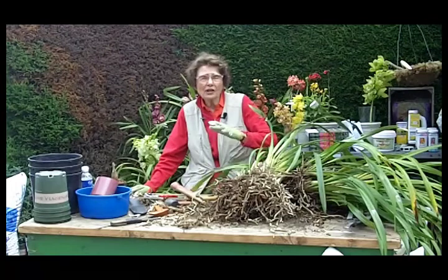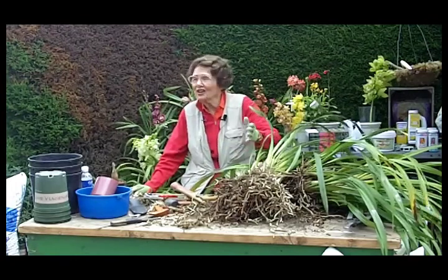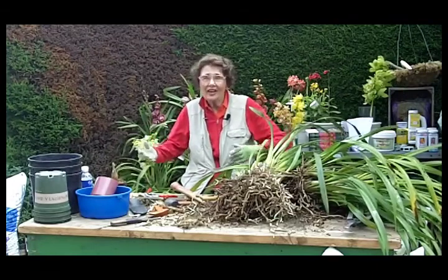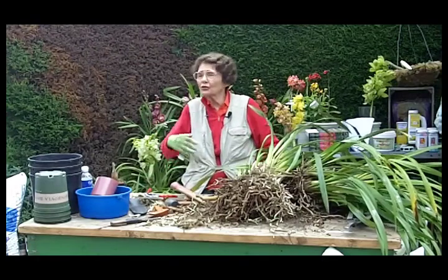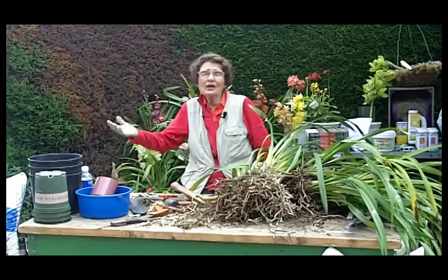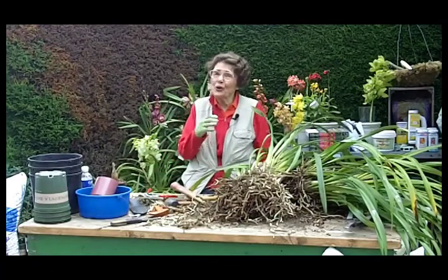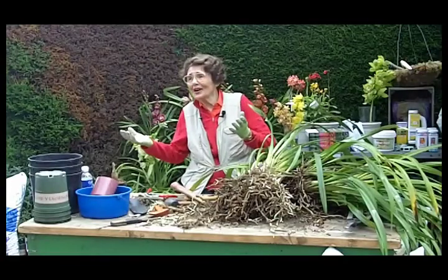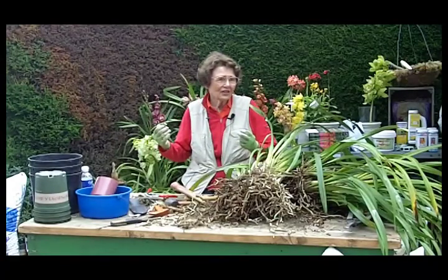But the point is, if you've got 20-20-20 or 18-18-18, all the same, even 10-10-10, and slow release, anything that's an even formula, just fertilize year round with it. And if you do everything I've told you about the temperature, they're going to bloom like mad. The big message is: